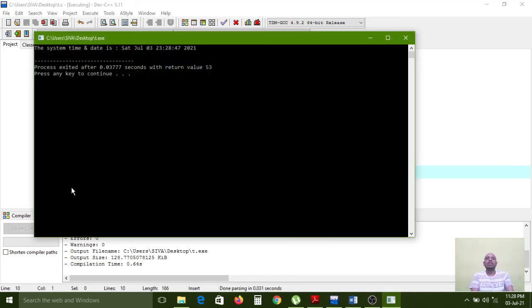So carefully observe the output in the console window: the system time and date is Saturday, July 3, 2021 is the year. Here it is showing the day name, month name, date and year also. In between, 23:28:47 is there.